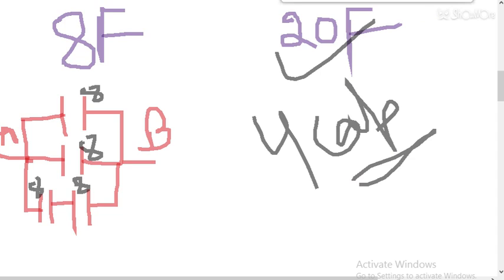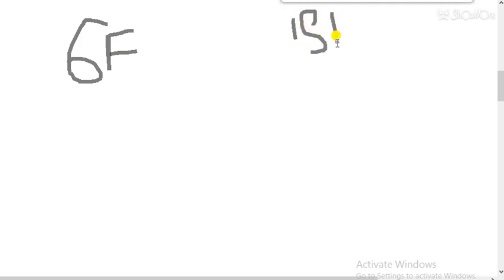So this is right one. So now I am moving to the next question. I am taking the 6 farad capacitor again, that we have taken in the second question. 6 farad capacitor I have, and I have to get 15 farad. What can I do? So students, as I am getting the questions, I have to obtain this value 15 farad.